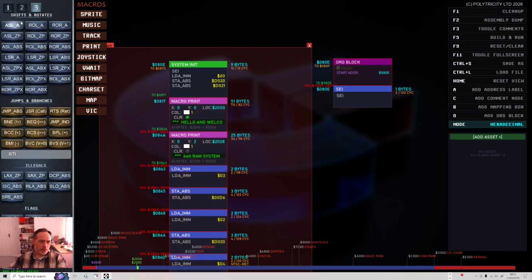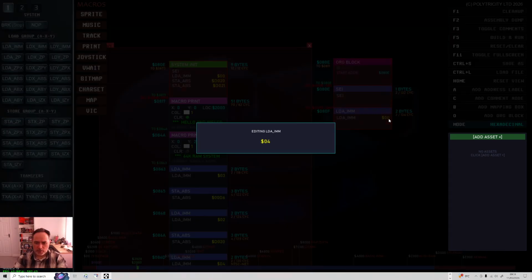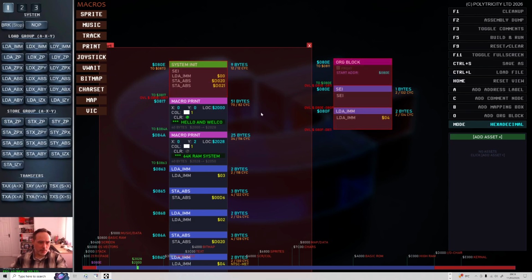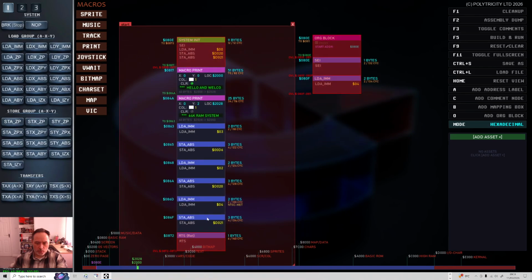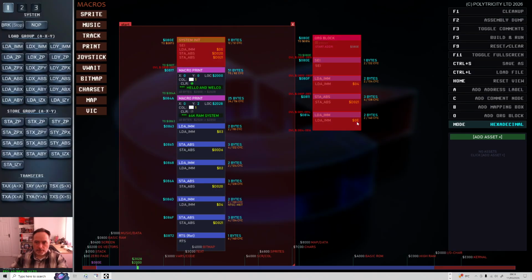Then LDA IMM. I don't know what cut this at. 04 and 0E, I think. 04 to D02 and 0E to D02. And there's already a problem with this, is that I'm encroaching on this part of the